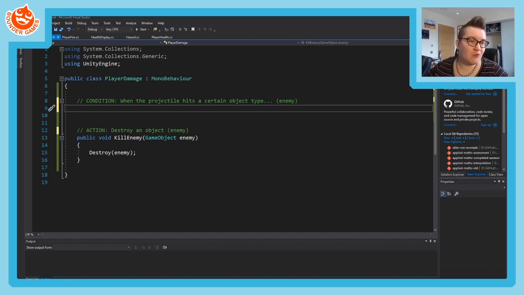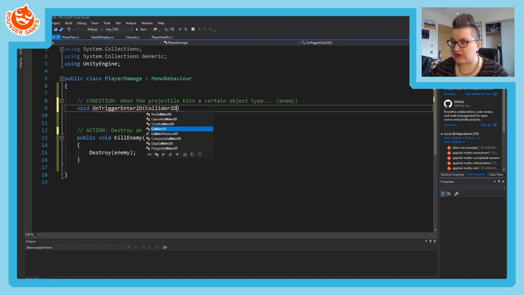Now in this case, we don't want the projectile to only kill the enemy after it leaves, or need it to kill it every frame. We only need to kill it once when it first touches it. So on trigger enter is the correct function to use. And we're in 2D here, so it's going to be on trigger enter 2D. So we can do that by typing in void on trigger enter 2D